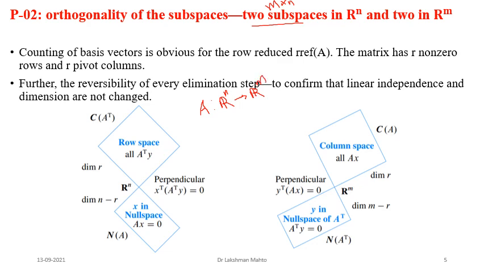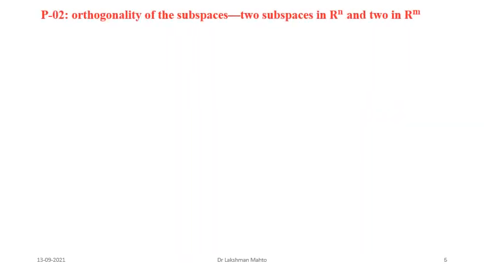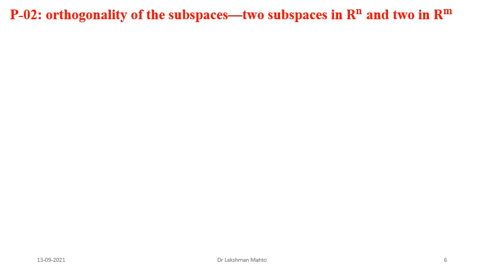It is doing a partition in a very specific way, and we observe that every member of the column space of A transpose happens to be perpendicular to this one. If you take any, then definitely it will be perpendicular. So this space is perpendicular to this space. And similarly, this space is perpendicular to this space. That means the column space is perpendicular to the null space of A transpose. So you observe orthogonality, the perpendicular nature. This relation is derived this way, and this relation is derived this way. So there is always a perpendicular nature. If you want to derive orthogonality further, I will talk about the derivation.